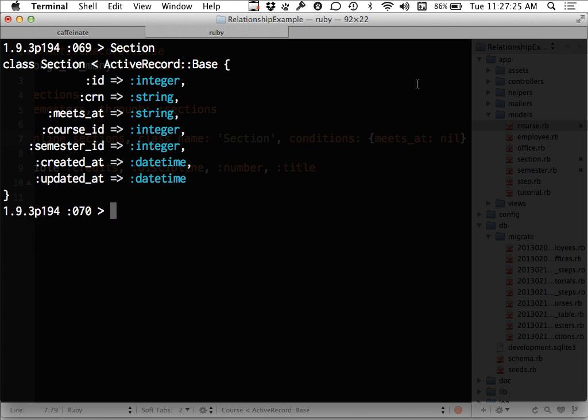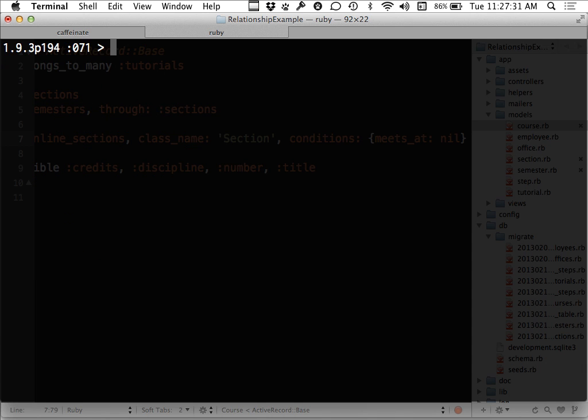Let me give that a try. I'm going to jump back over to the terminal and I'm going to reload the console. There we go. If I then go to my courses and I ask for online sections,